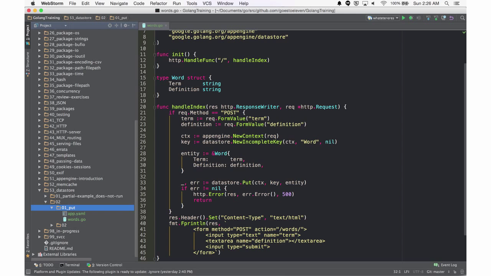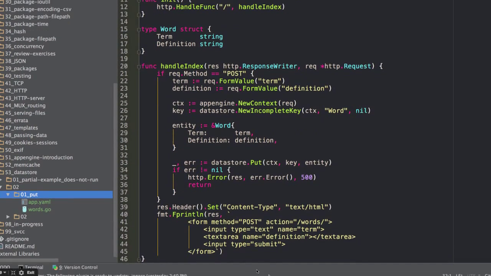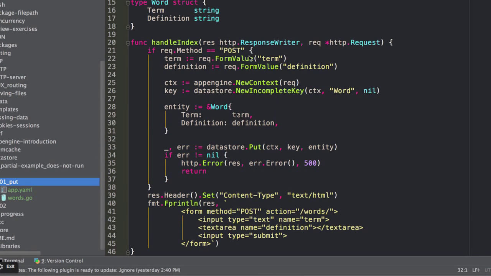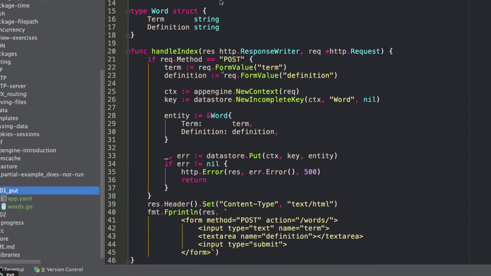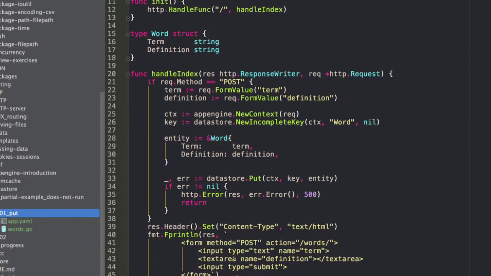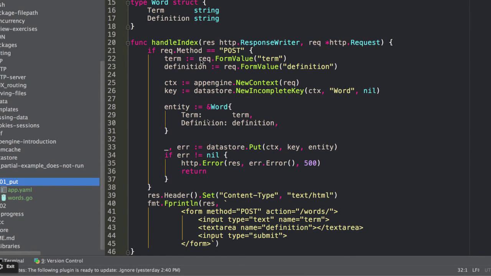And then if the request method is post, we're posting something. Up above, that's handling the index. We get the term from the HTML form, and we get the definition from the form, so the user submitted a form. And then we get a context, and then we create a new incomplete key, and we pass